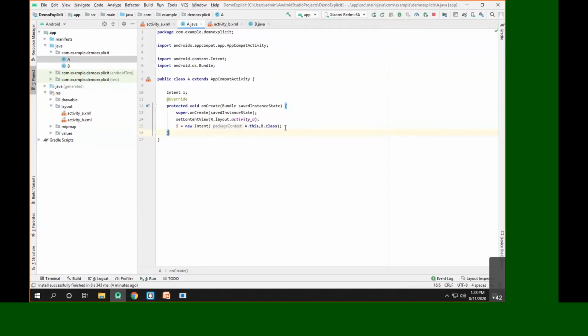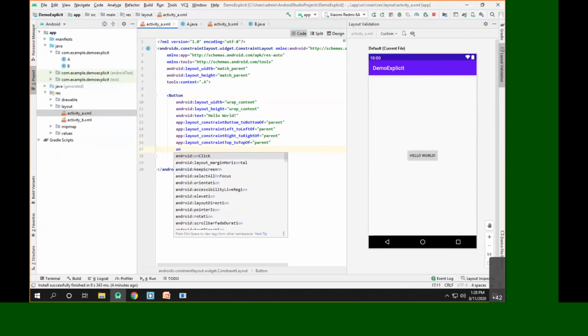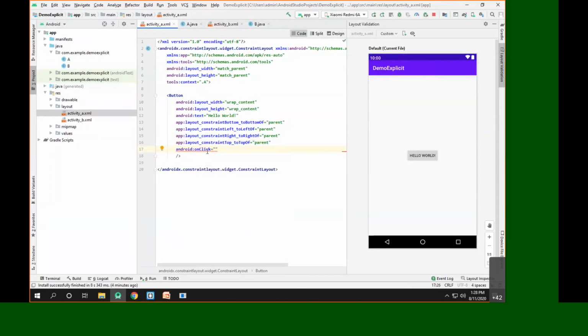Now what we have to do here is, once we click on this button, we have to launch that intent. So for that, we'll go to this particular button. For this button, we'll add one attribute, and that attribute will be onClick. For this onClick attribute, we can write anything. So let's say we'll write ABC. It means I'm going to create a method ABC which runs once the user clicks on this button. Currently you can see ABC is not available here.